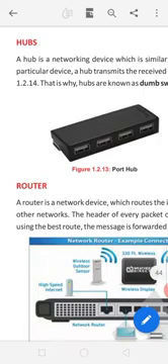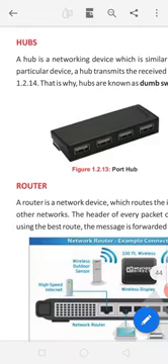Third, hub. Before starting hub, I want to tell you, switch and hub are the same type of devices. They are used to send data from one way to another, but there is only one difference. A switch transfers the data from one way to the destination, a particular computer, but a hub transfers the data to all attached computers. That's why it is known as dumb, because it doesn't know where our destination is.